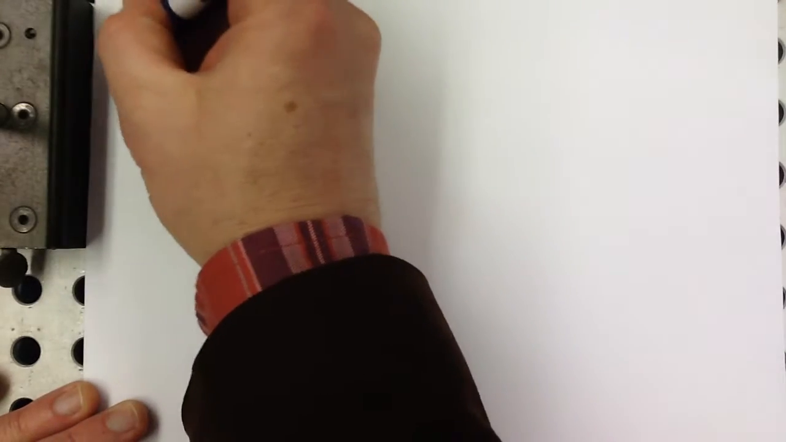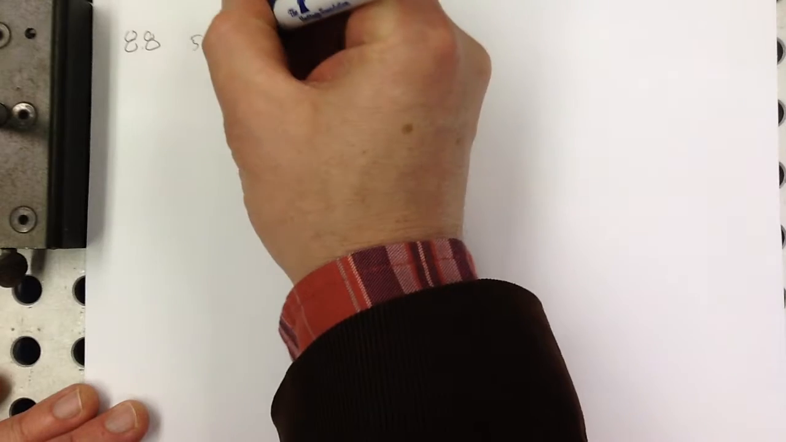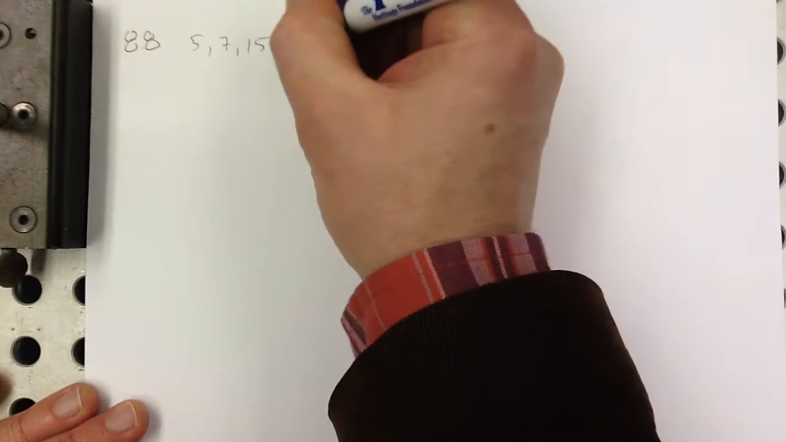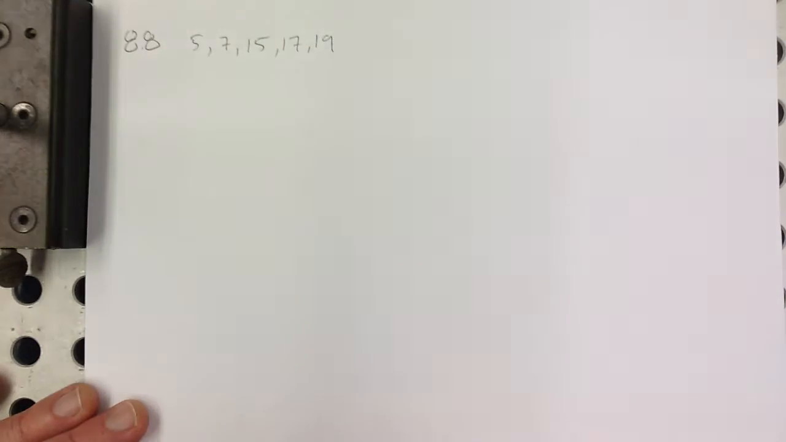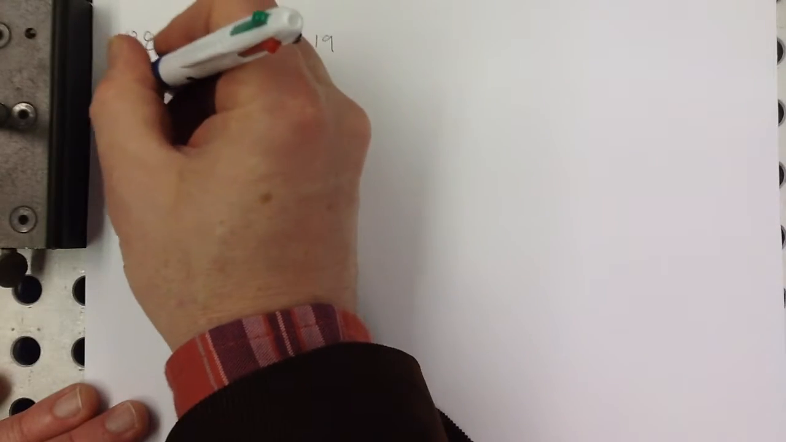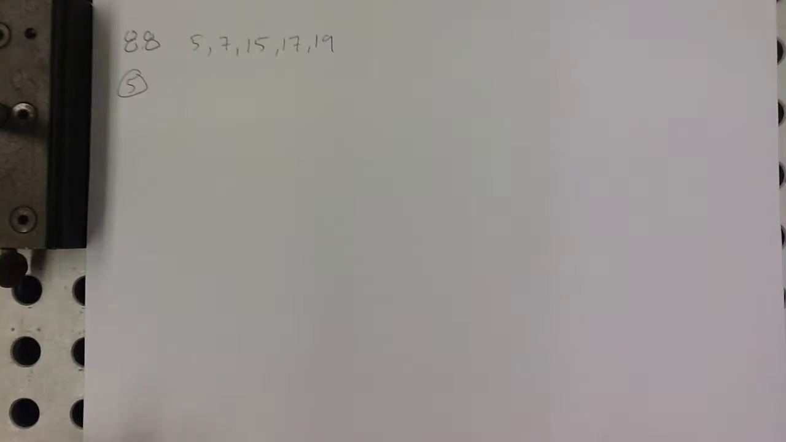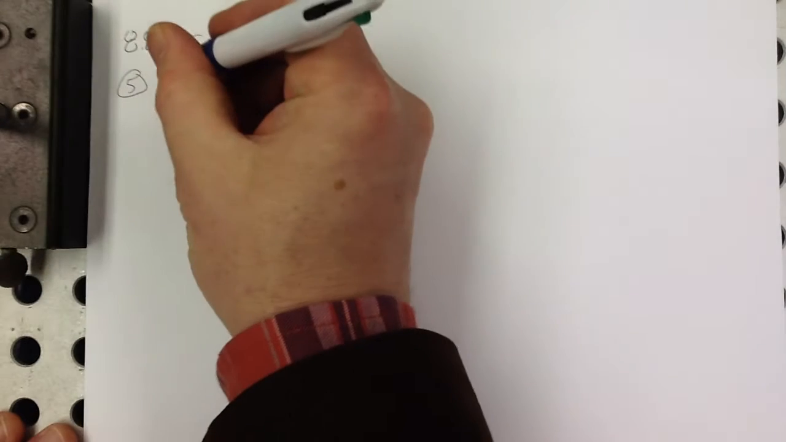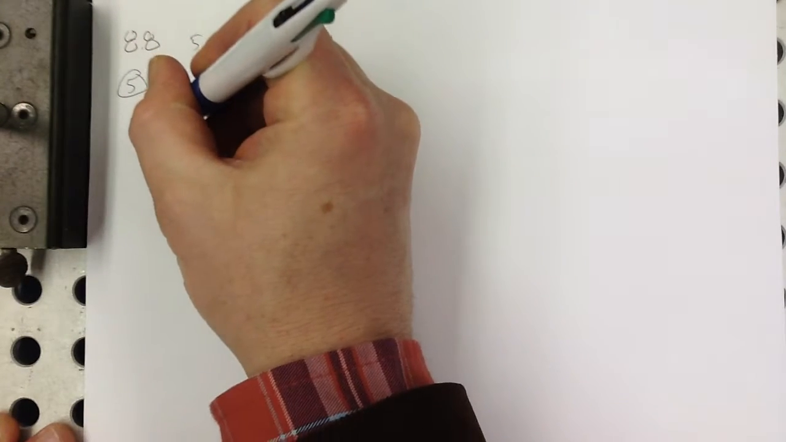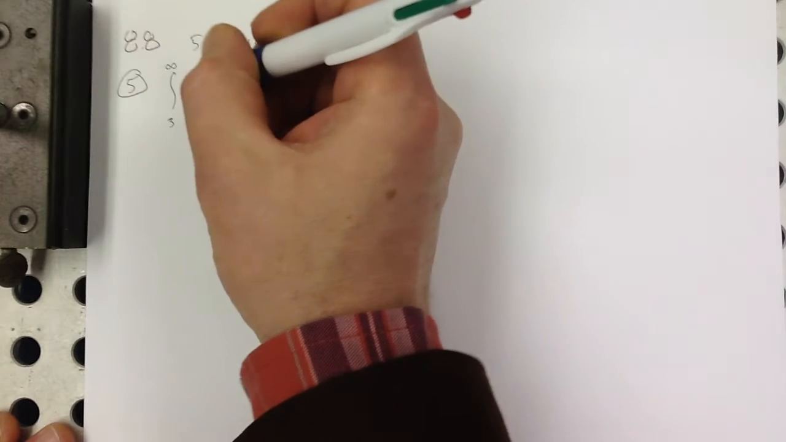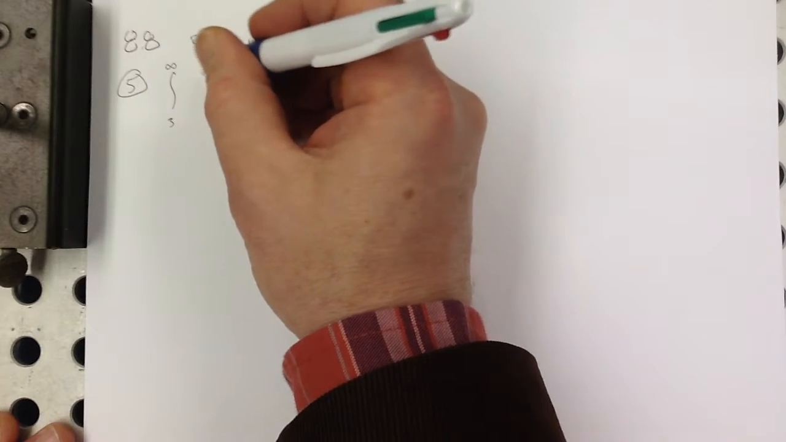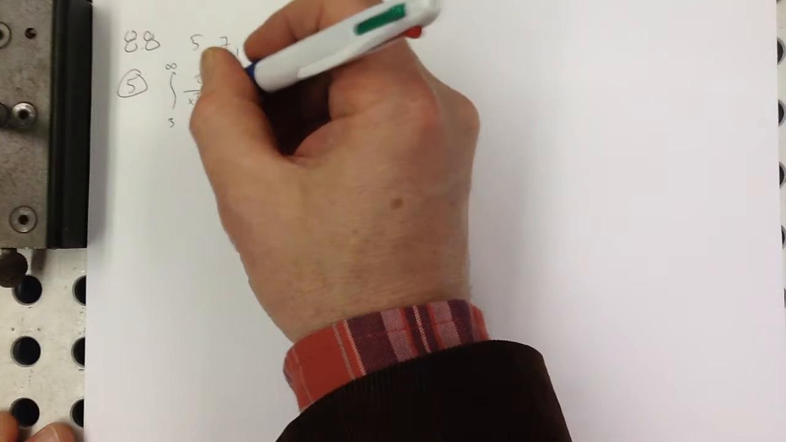Hey, here's some problems by popular request from section 8.8 in your calculus book. We're going to do 5, 7, 15, 17, and 19, and see how we feel after that. Hopefully pretty good. Number 5, I have the integral from 3 to positive infinity, 2 over x squared minus 1